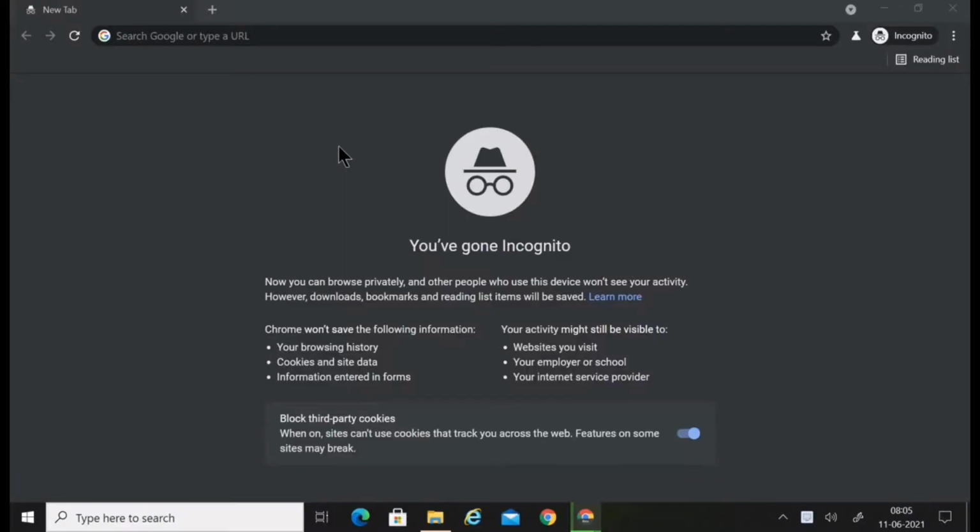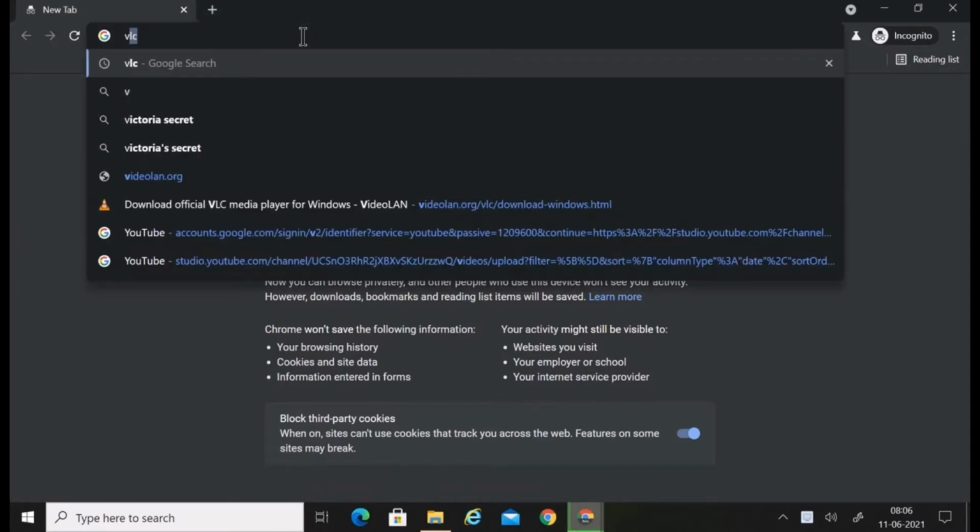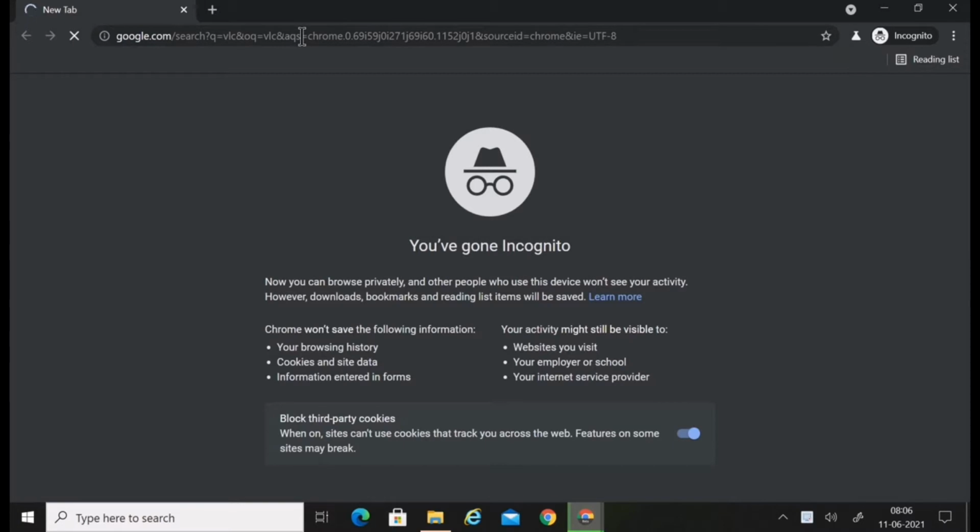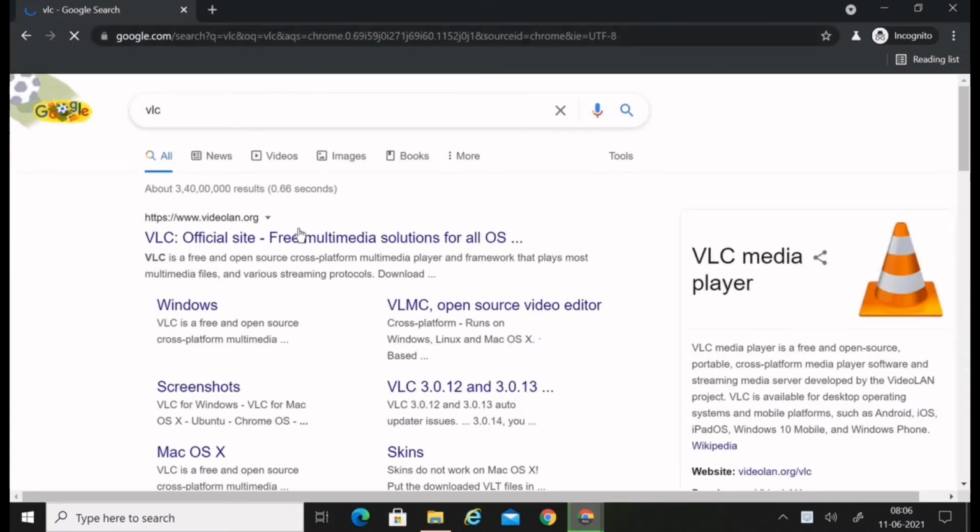So we have come to our second tool. The first tool we used was KineMaster. Most of the YouTubers know that tool. The second tool we are going to use is VLC Media Player. Yes, you heard me right. It's just VLC Media Player. Most of the people who are using a laptop will have VLC installed in their system. Yet they don't know that they can convert a video into a high quality audio using VLC. Now we will see how we shall do that. For that, go to the VLC website.